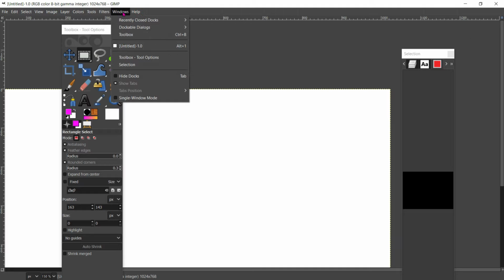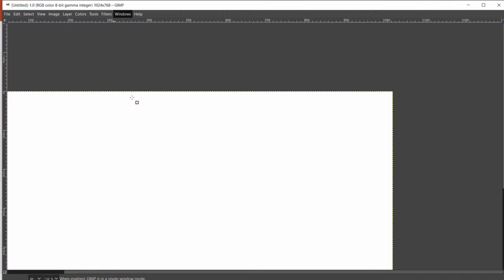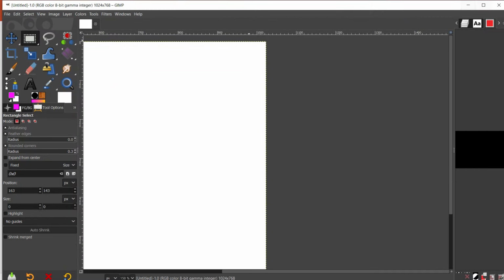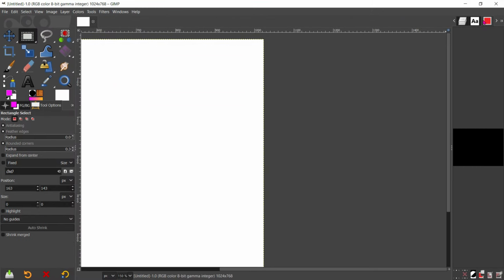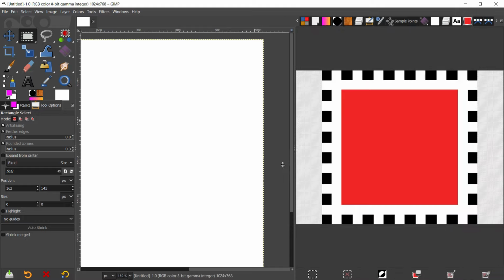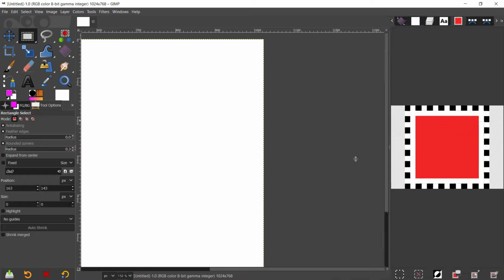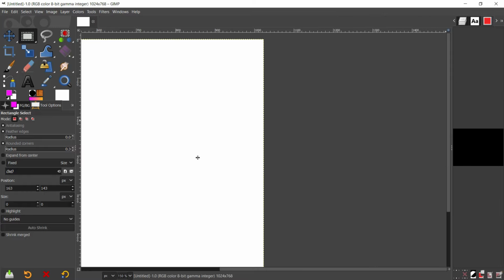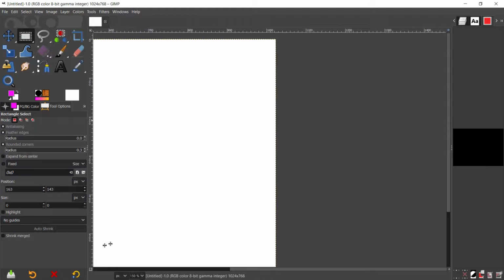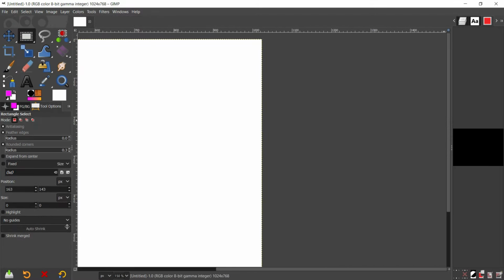Okay, so single window mode, these will be positioned accordingly, and then we can increase the size from here as well. But in this case, our working area will be reduced.